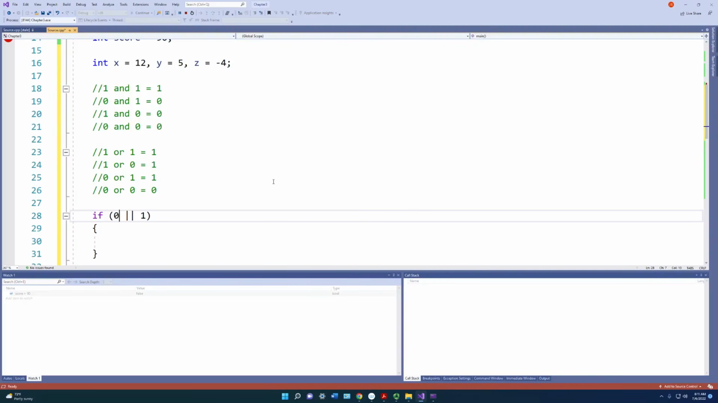Then we look at our last logical operator, 0 or 1. Well, 0 or 1 is a true, because remember, only one has to come out as true. So that's going to evaluate as true, which means the whole if statement is true. Okay, so these concepts are the main important part of this whole chapter, is understanding how those control structures are